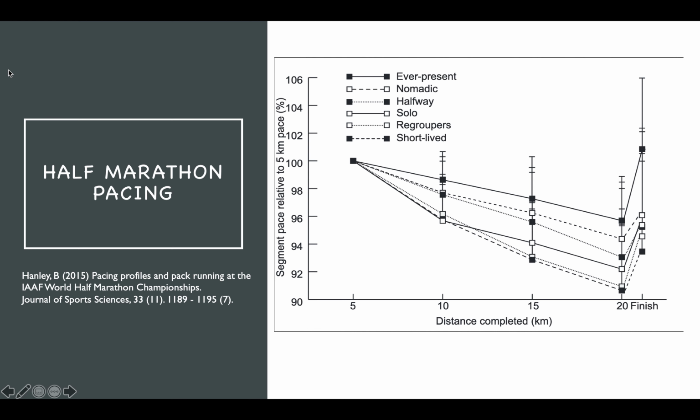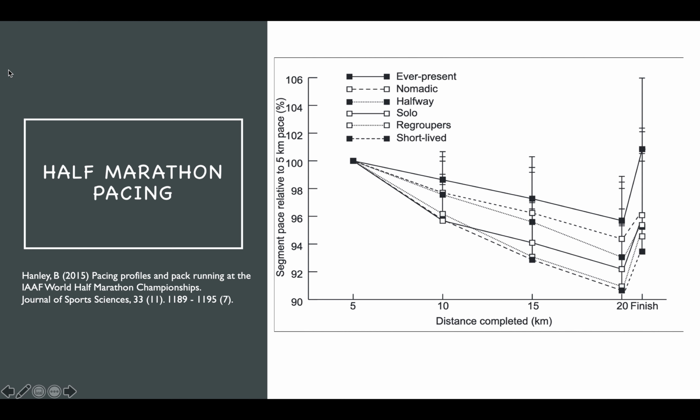And then the short-lived ones were in a pack at the 5K mark and then were running solo for the rest of the race. And what we see from this graph is that the people who did the best or maintained the most even pacing throughout the race was the ever-present group. So this would be an argument that running in a pack, particularly a pack that is well suited to your potential on race day, will help